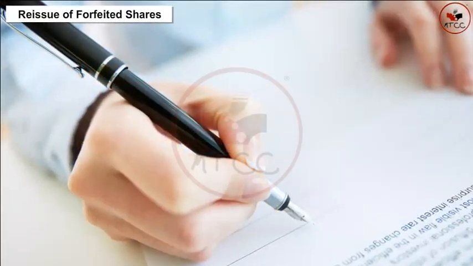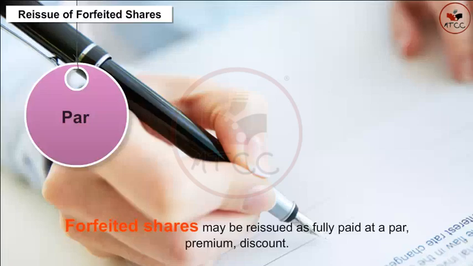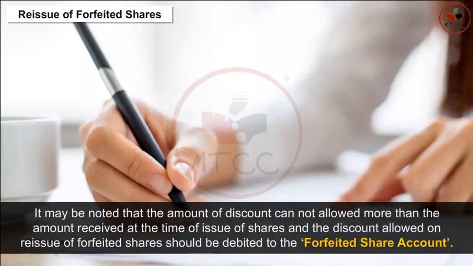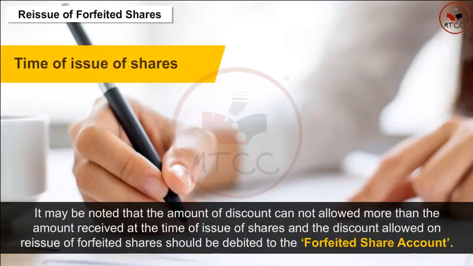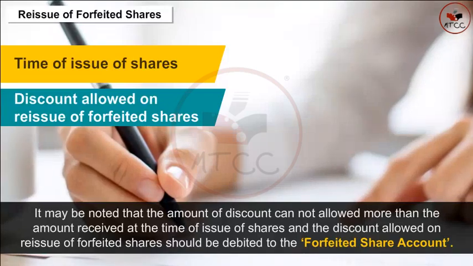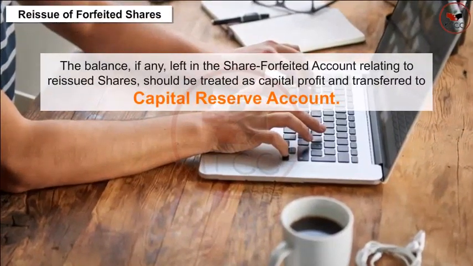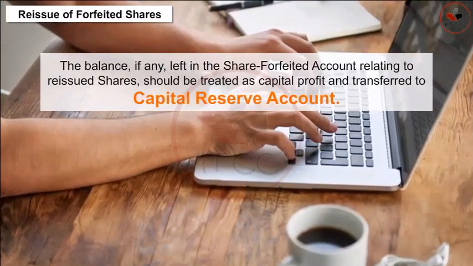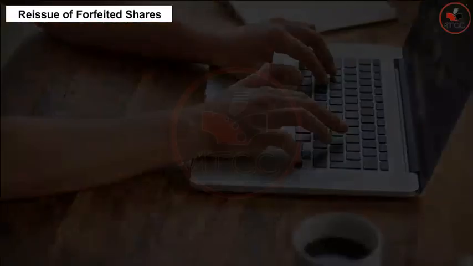Reissue of forfeited shares. Forfeited shares may be reissued as fully paid at par, premium and discount. But it may be noted that the amount of discount cannot be allowed more than the amount received at the time of issue of shares, and the discount allowed on reissue of forfeited shares should be debited to the forfeited share account. The balance, if any, left in the share forfeited account relating to reissued shares should be treated as capital profit and transferred to the capital reserve account. The journal entry would be